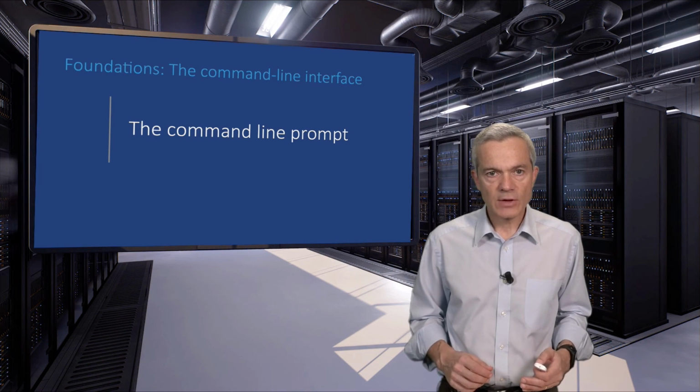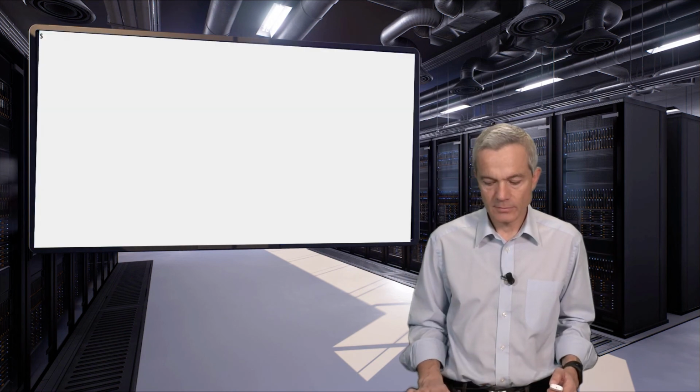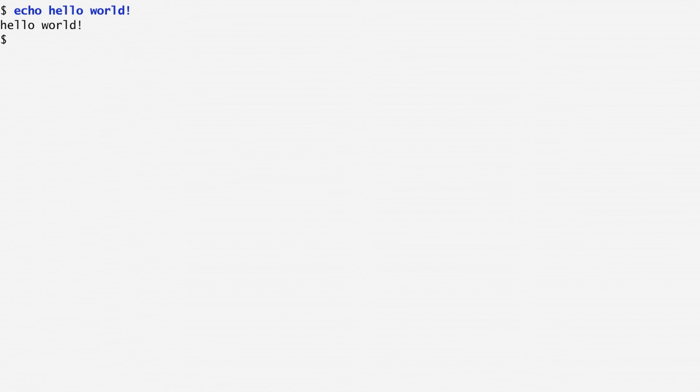Let's get to the Unix command line prompt. The $ sign you see here is the shell's prompt. It tells you that it's waiting for input from you. Depending on your shell's configuration, some additional information may precede it, such as your login name, the computer's name, or the current directory. The echo command echoes its arguments, which means it prints its arguments on its standard output, in this case on our screen.